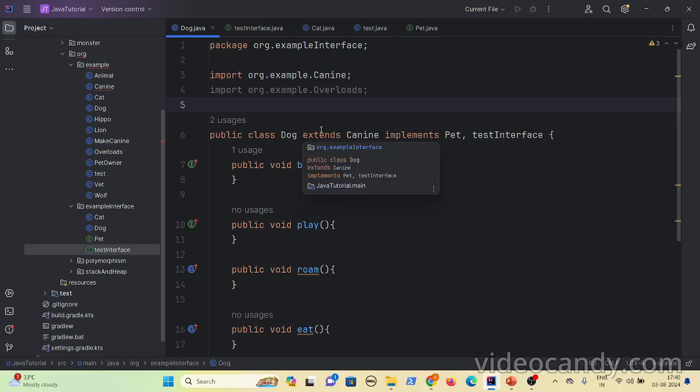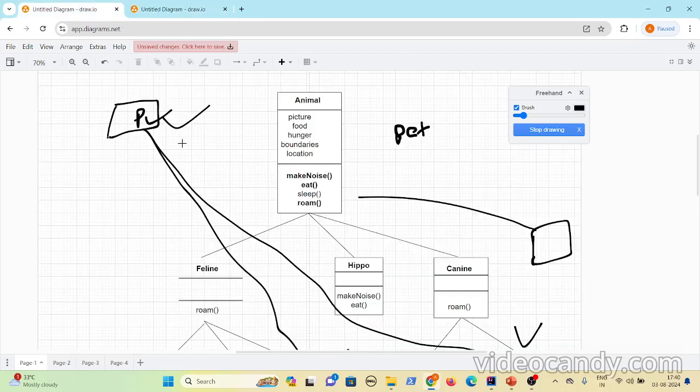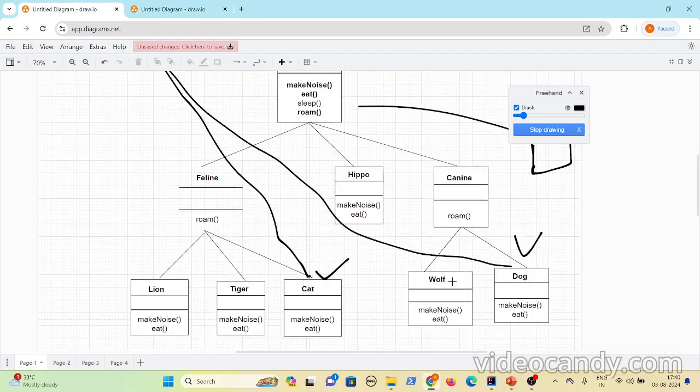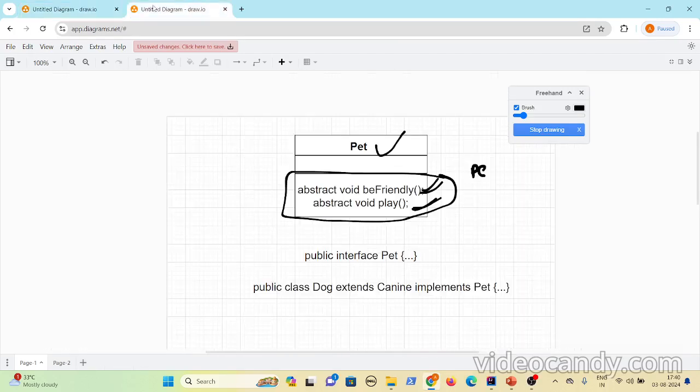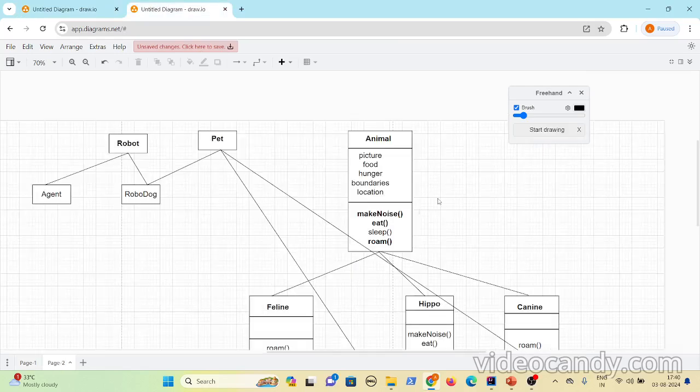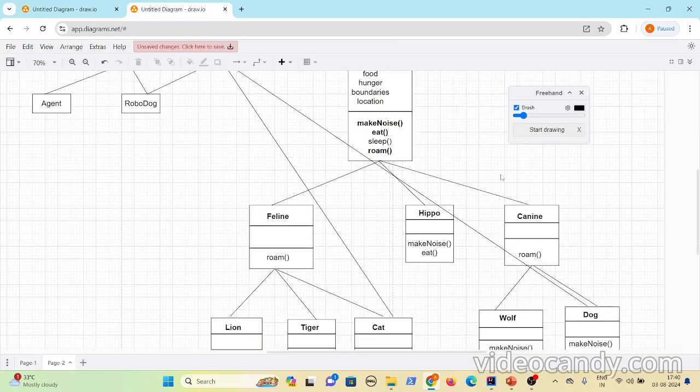Okay. Yeah. And by using interfaces, what you can do is you can inherit the behaviors or implement the behaviors of another class onto your subclasses. Okay. Now let's see one more difference between inheritance and interfaces.